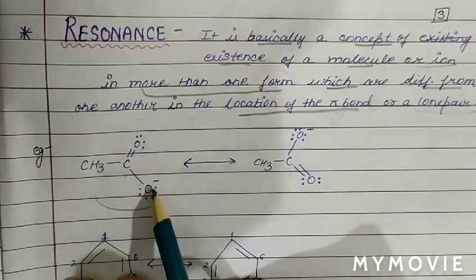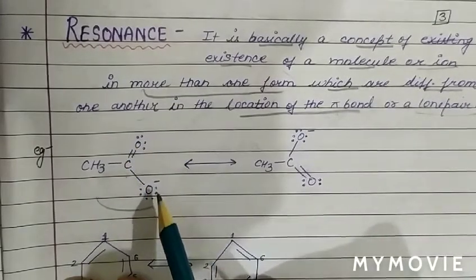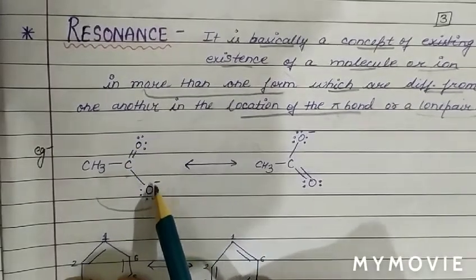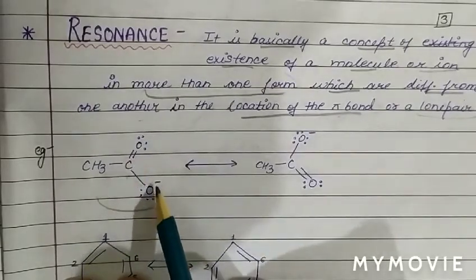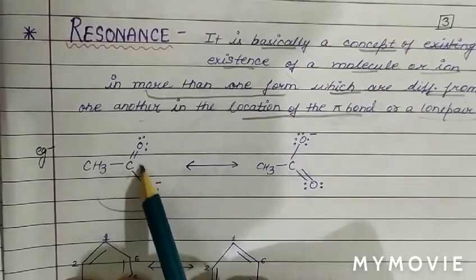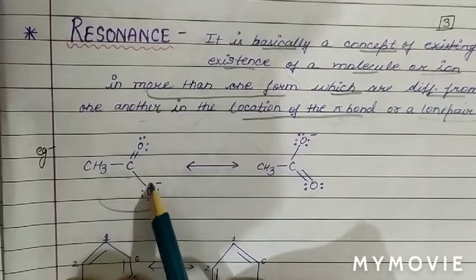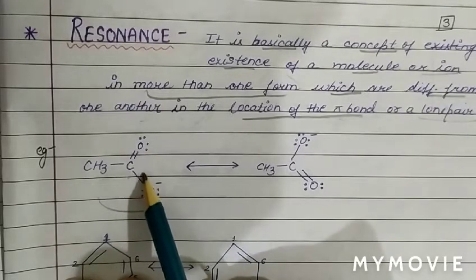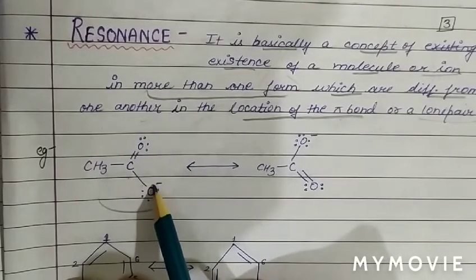As we can see, this system is a conjugated system. Why? Because there is an atom containing lone pair, then a single bond, then a pi bond. So it is in resonance. Now this negative charge or lone pair will shift in between these two atoms. So there is formation of pi bond when this electron pair is shifted.